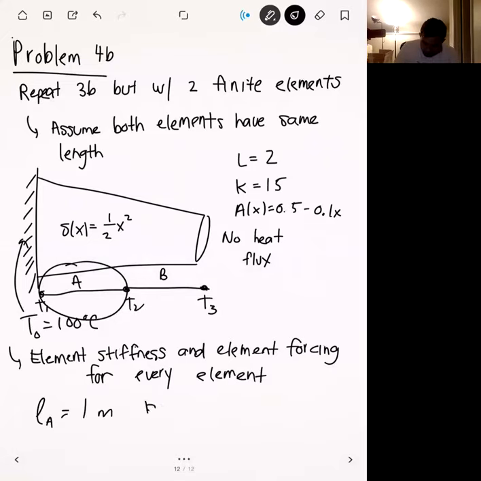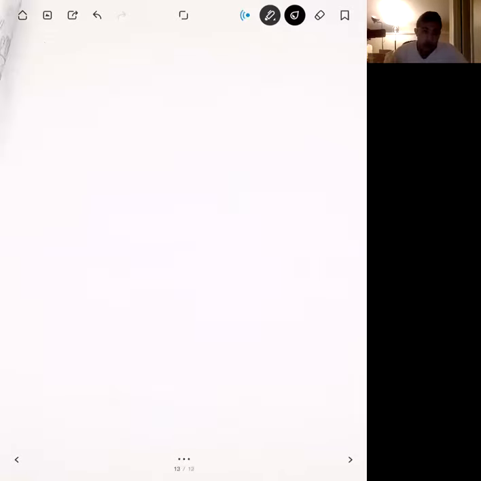And then the thermal conductivity is going to be 15. Okay. Area function is going to be the same as up here, so this is 0.5 minus 0.1x. Okay. And then most importantly, I think we need to set the bounds for this element, and the bounds are going to be x1 is equal to 0, and then x2 here is going to be equal to 1. Okay. And so let's go ahead and plug into our equations from the previous page and solve for